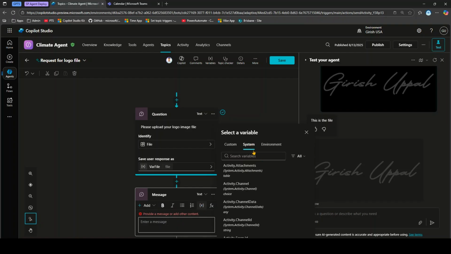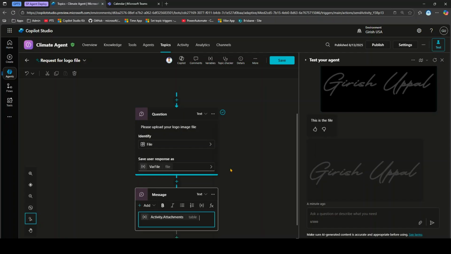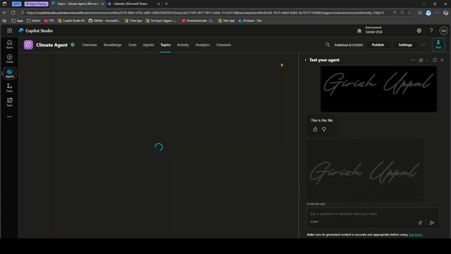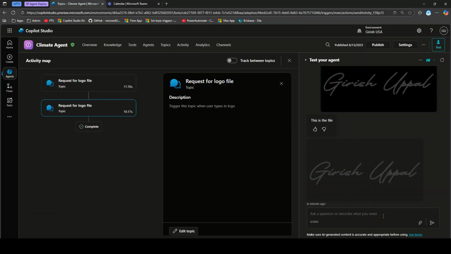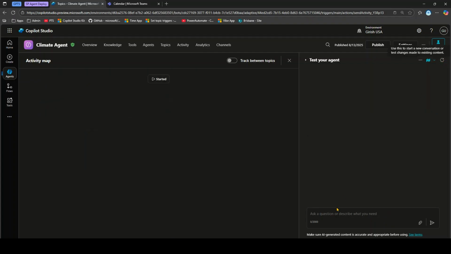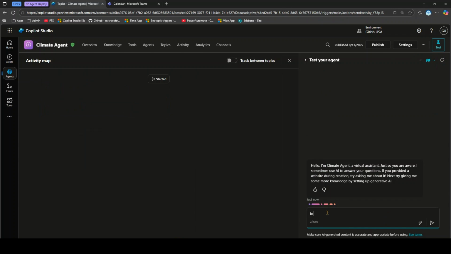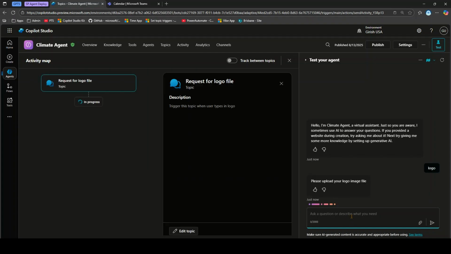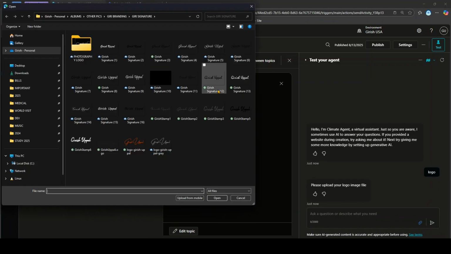and here I will make use of some system variable. So if I go into system variable, I can see there is something called activity dot attachments. Now let me pick up activity dot attachment. So it is of type table. So if I click on save, and I'll clear up the test agent, and again I will put that same request for a logo. Please upload an image file. This time I'm going to pick some other file